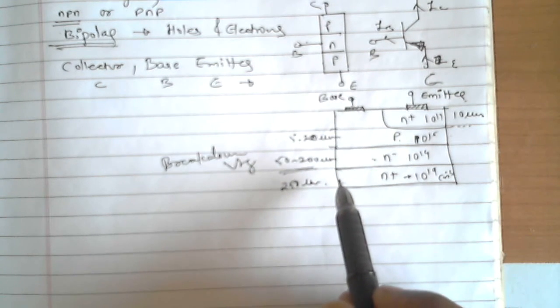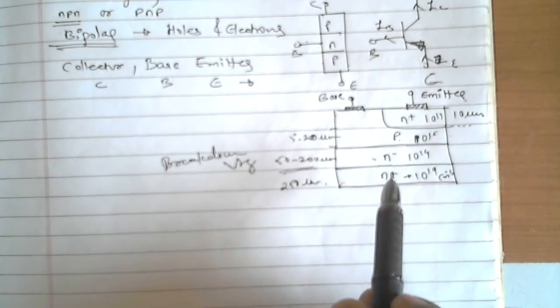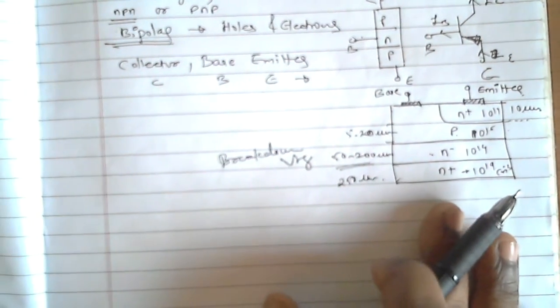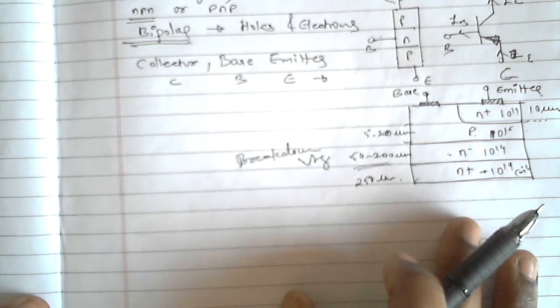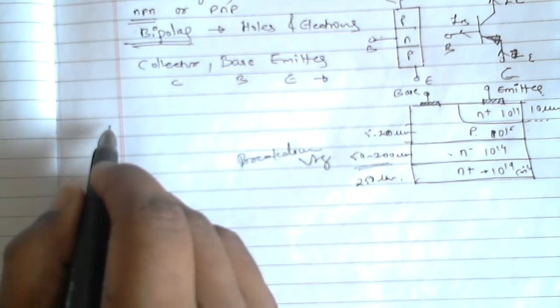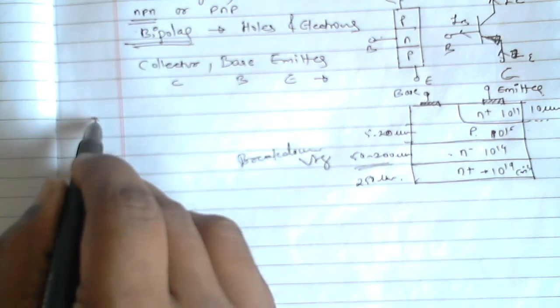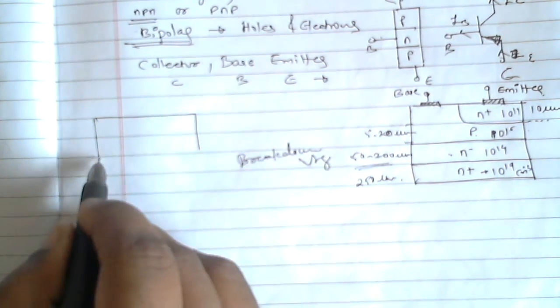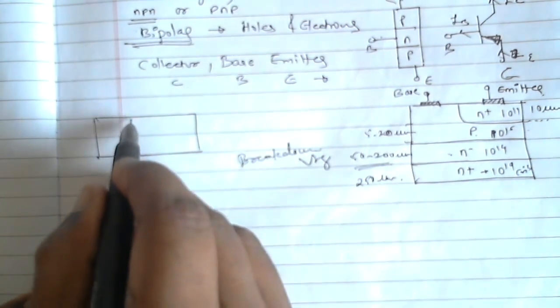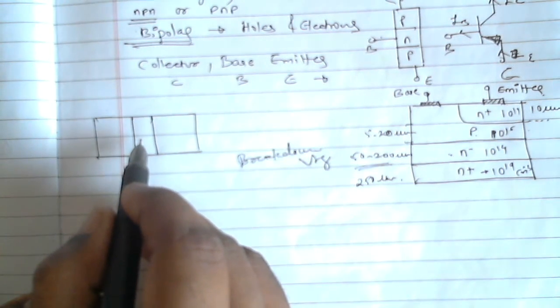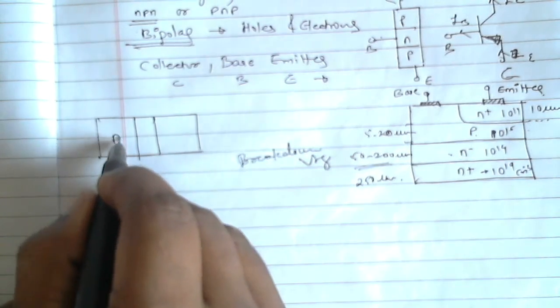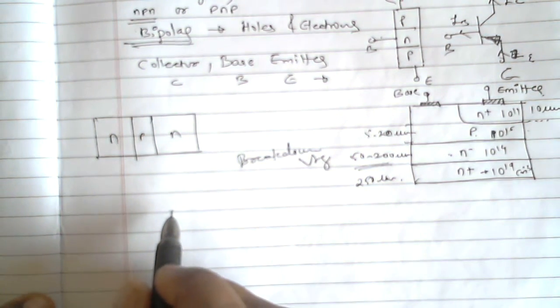So this is the construction-wise only difference from the normal diode, the signal diode and the power diode. Now before moving to the characteristics, let me revise how a transistor works. Actually, it is not in your syllabus. It is expected that you should know it earlier, but to revise, I will just go through its working. If this is a transistor, generally in a transistor, the sandwiched layer has very less thickness. NPN. This is a transistor.